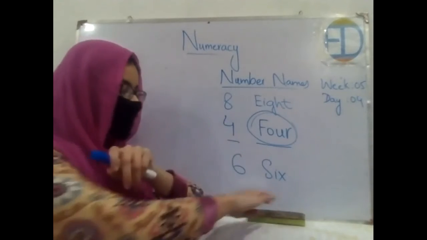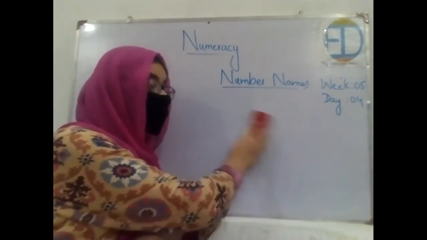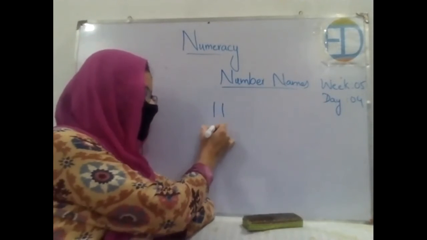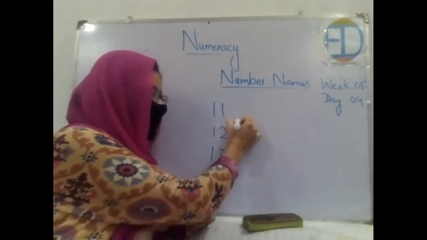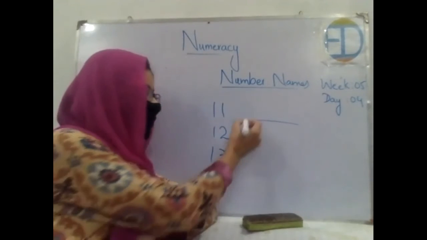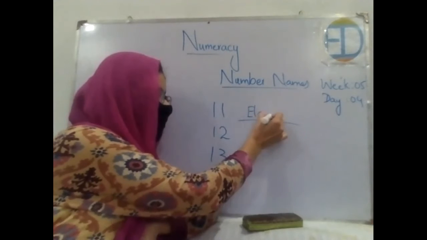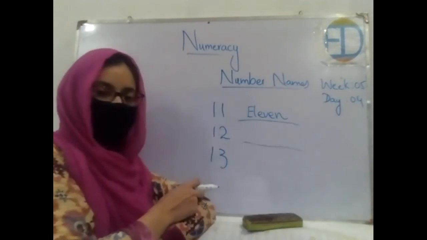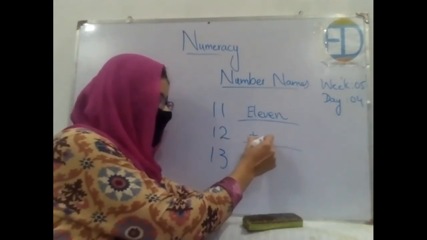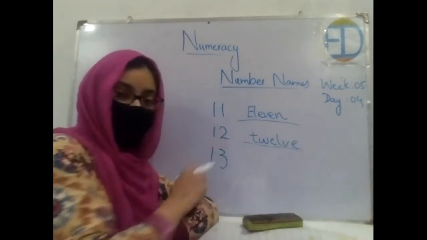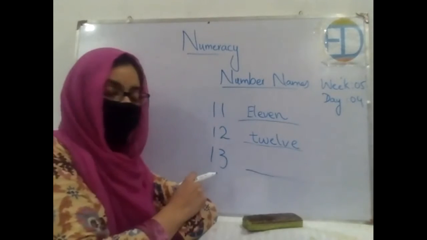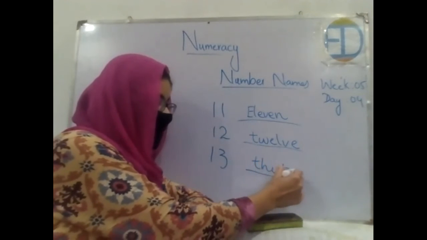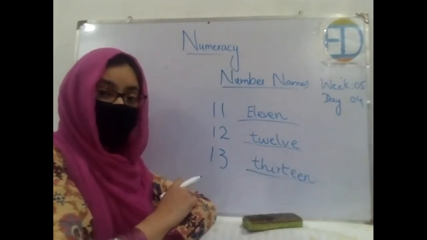Right? Now after 10 I'll be guiding you, or if some of you know the spelling, you can tell me that. Just raise your hands. Can anybody tell me the name of this digit? Yes. Okay. Yes, Abdullah. ELEVEN 11. Very good. Okay. Can anybody tell me the name of this digit? Yes. TWELVE 12. Very good. Now look at this. What is the spelling of this? THIRTEEN 13. Very well done.